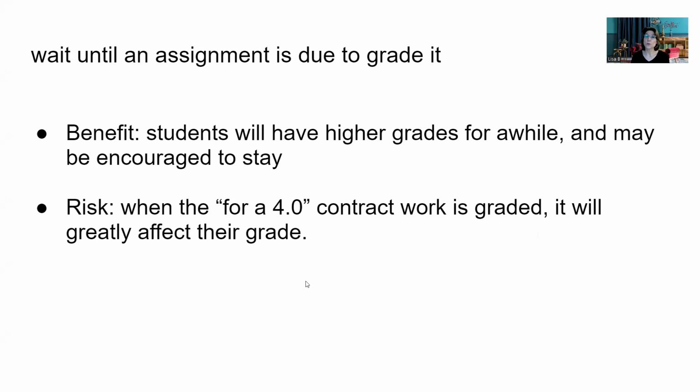the other thing you can do is you can wait until the assignment is due to grade it. So not put a 0 in advance. And then they'll be looking like they're getting 100% until that first 3.5 to 4.0 category option is open for them to do the revision for, in my case. The benefit of this is students will have those higher grades, which can maybe encourage them to stay in the class. The risk, of course, is that when you do assign, okay, here's the 4.0 category,